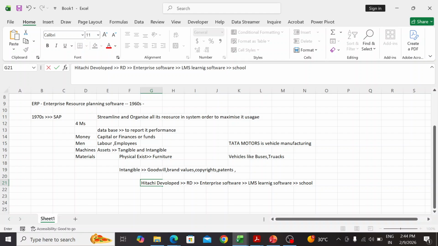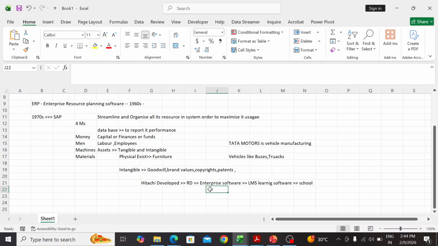So who will develop these kinds of software? Generally software companies will develop these, correct? So what kind of asset is it? Once you have developed it, successfully tested it, deployed it, and started selling the software to the clients, what kind of software is it? It is a software and